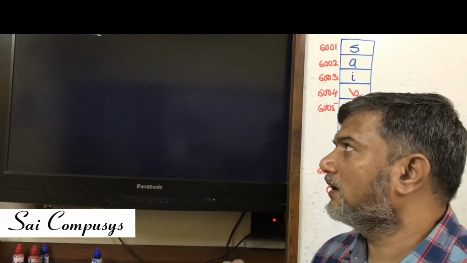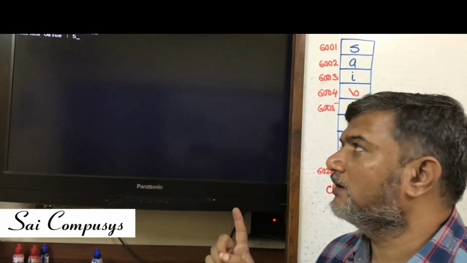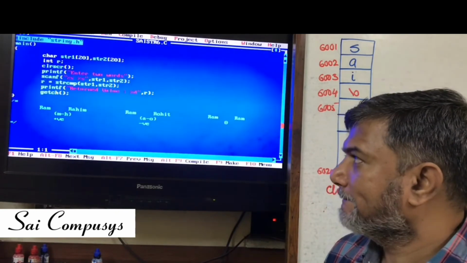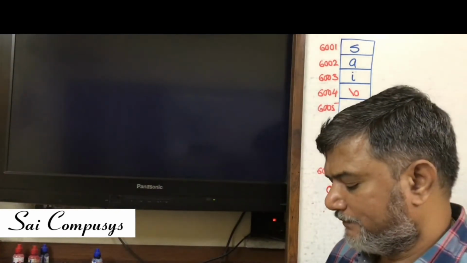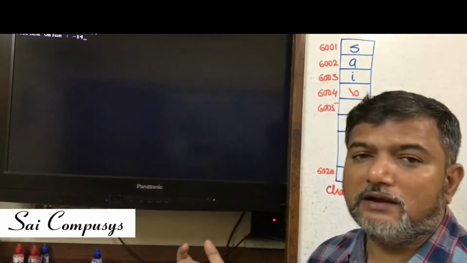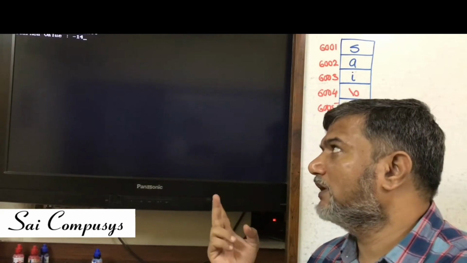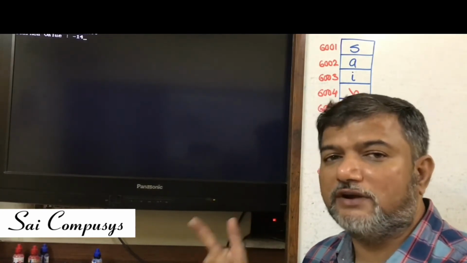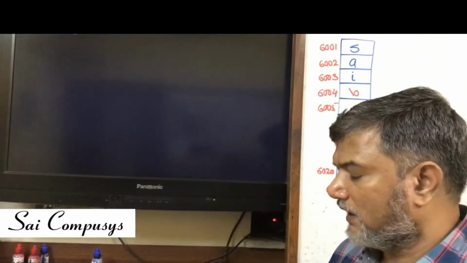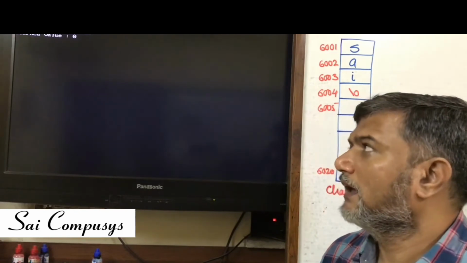RR compared, AA compared, M and H got mismatched, and because of that it returned a positive value. Similarly, I will give you another example. It returned a negative value. Why did it return a negative value? Because RR are same, but when A and O got compared, O is greater than A, so it returned a negative value. And finally, when I have these two words, it returns a value 0.